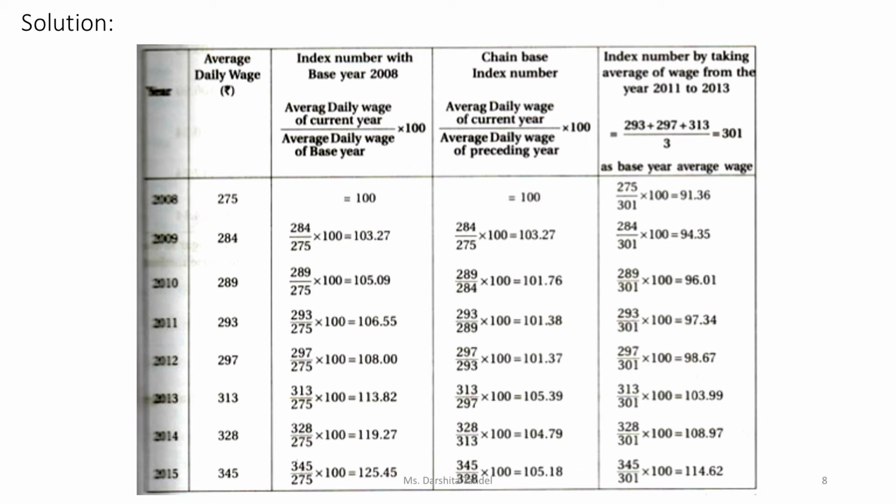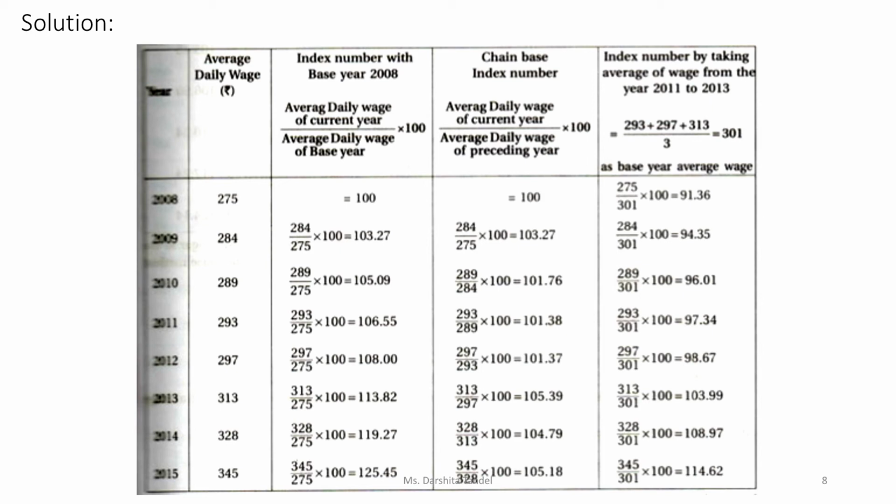In the second method, chain base index number, the formula is average daily wage of current year divided by average daily wage of preceding year into 100. In the first row, in year 2008, the index number is 100. In year 2009, average daily wage of current year is 284 divided by average daily wage of preceding year, means year 2008, 275 into 100 is equal to